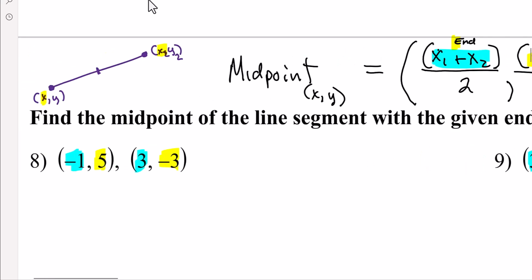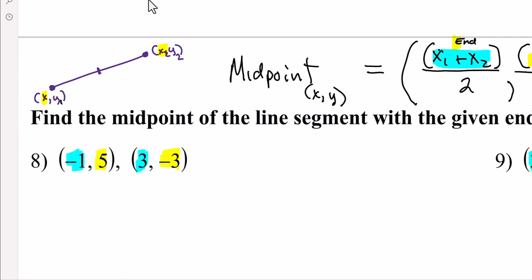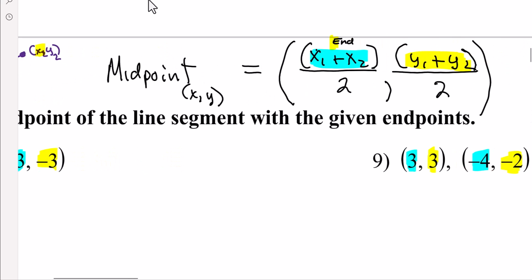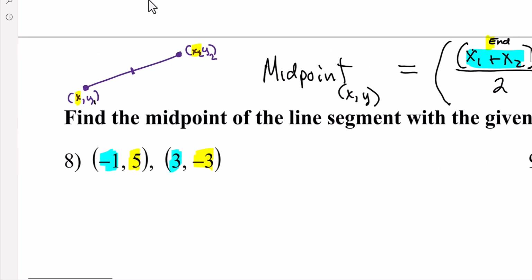Same with the y values. Add the two y's together, divide that value by 2, these are the two ends, divide it by 2, and you're going to have the midpoint. So,